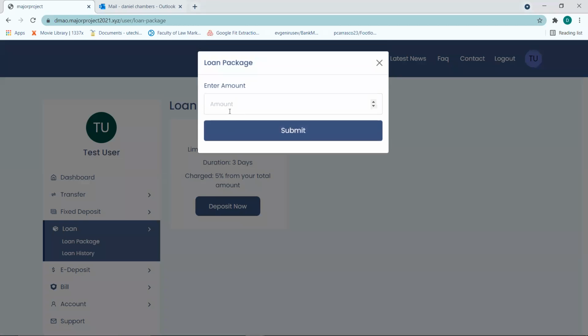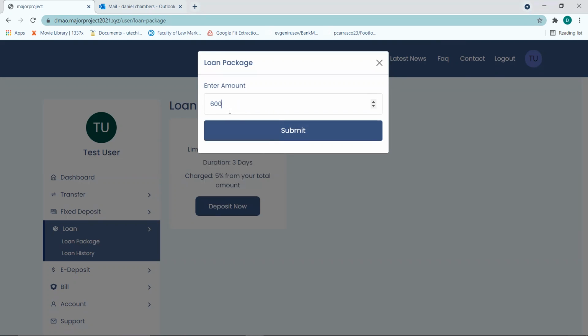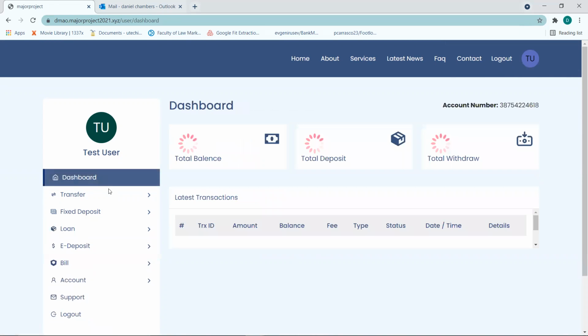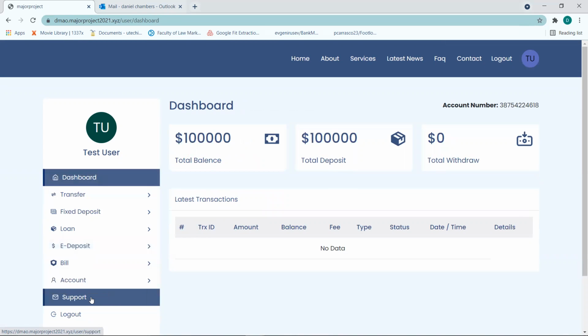So we said we'd like to request this loan. Let's say we want $600,000 for that loan. So request that loan, right? So that has been sent over to the bank, and then again you can just